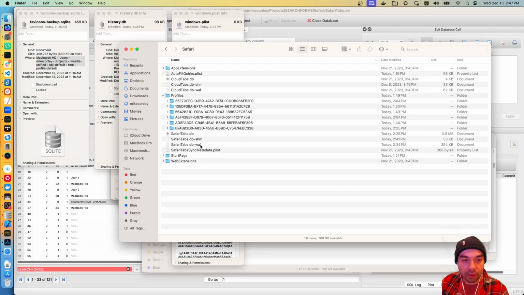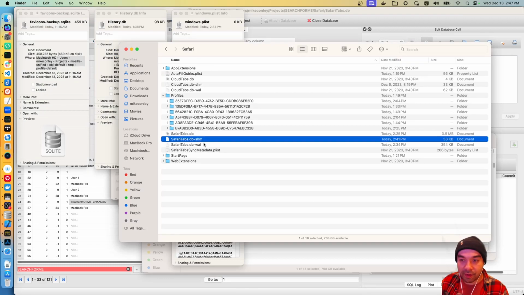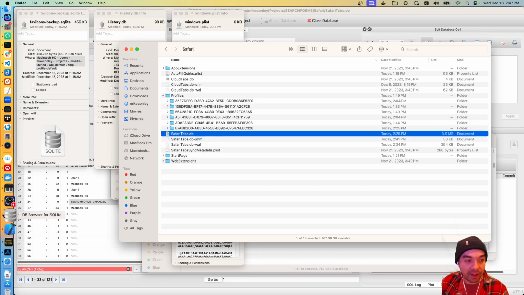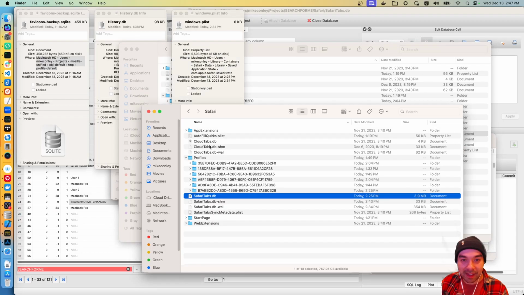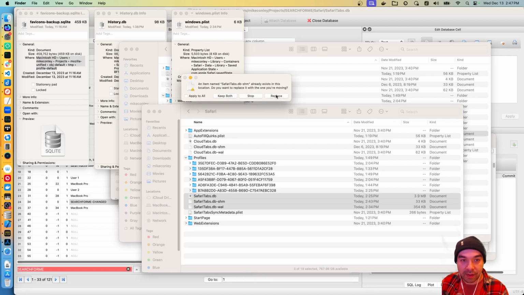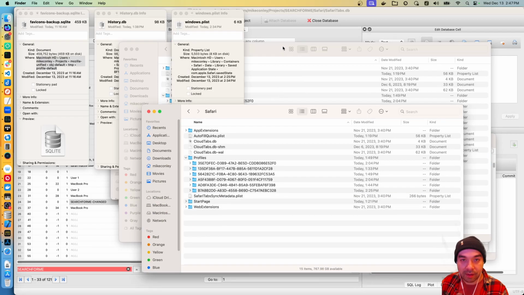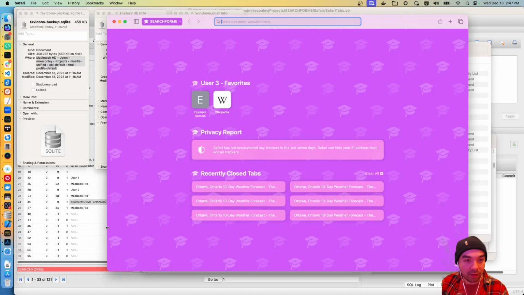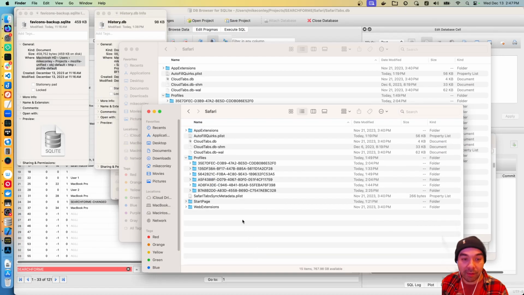I'm gonna overwrite. Now there's these two files here, the write-ahead and then the .db. Let's see if SQLite can make sense of what I just did. So I'm going to copy these over. Replace. Replace. Okay. I'm actually, let me do that again because